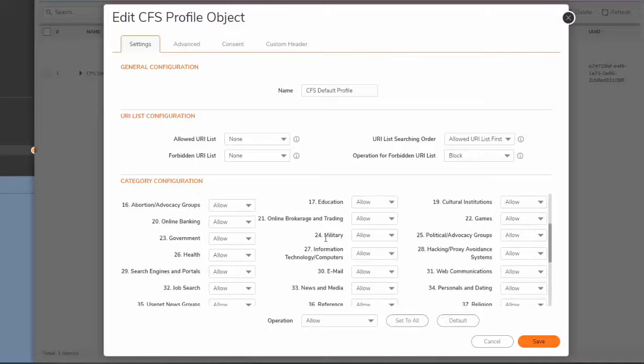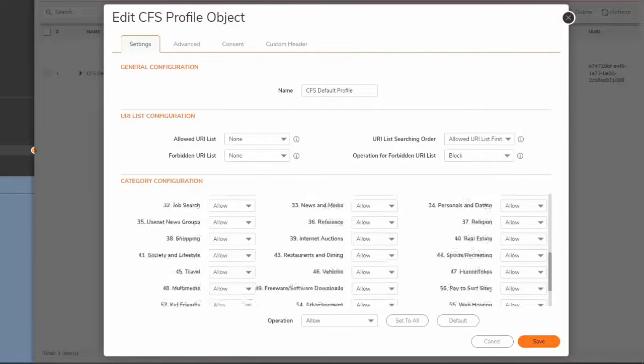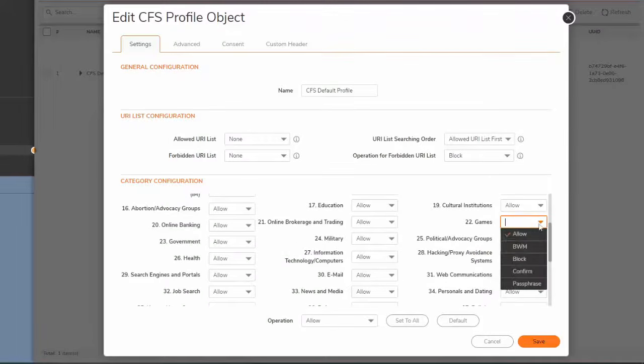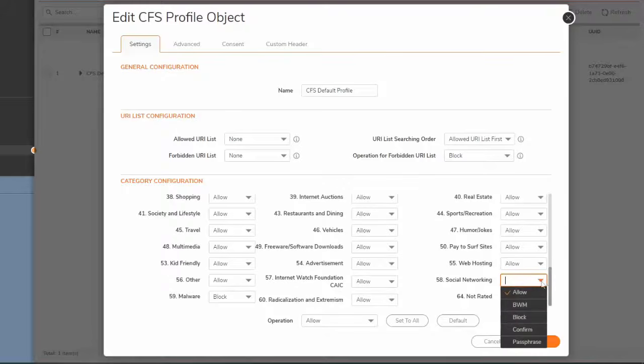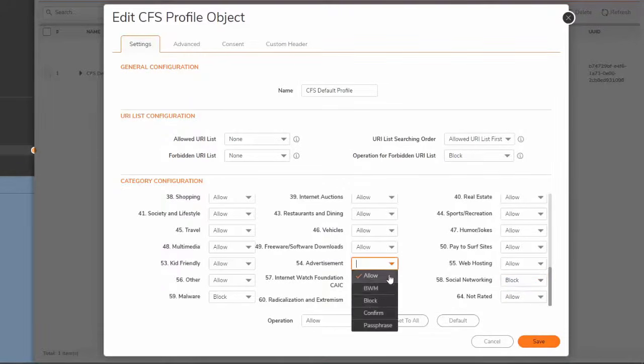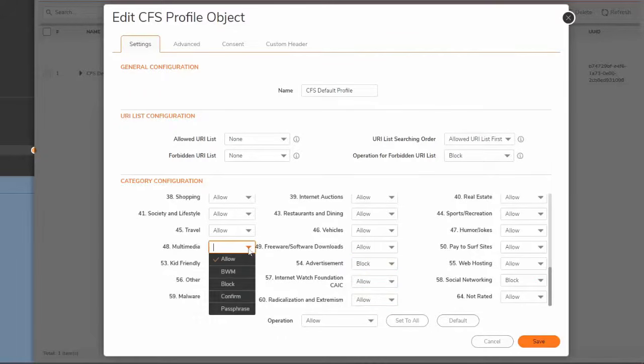Say our network wants to be a little more secure, so we're going to block hacking and proxy avoidance. We're going to block gaming, and let's block social media. Why not? And advertisement and multimedia. Bye bye YouTube. You're going to hit accept,